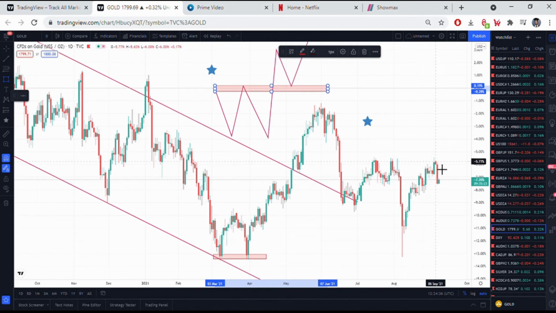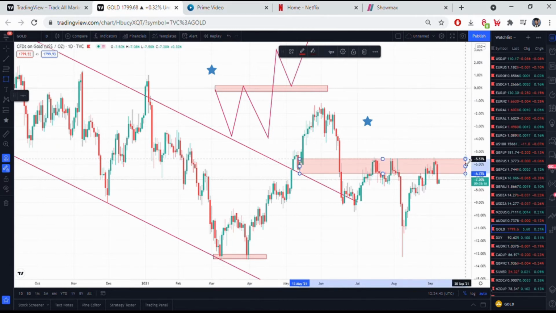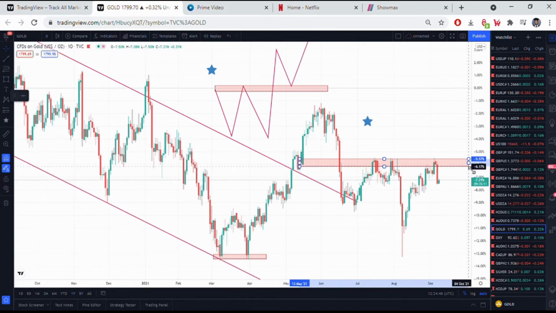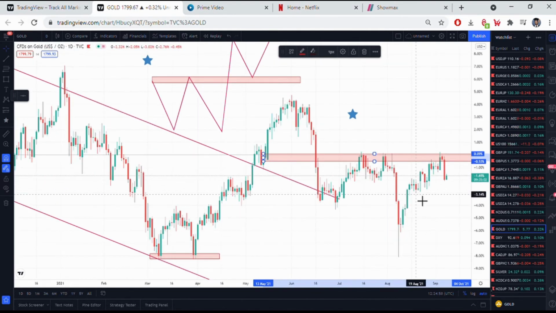If you can see here, there's a specific level here. I call it a supply and demand level, but I'll explain it another time. That's when you use institutional trading, the method used by banks and other big institutions. So the market went down, came back and respected this level, then pushed to the downside, then went up again, respected the same level, then pushed to the downside.